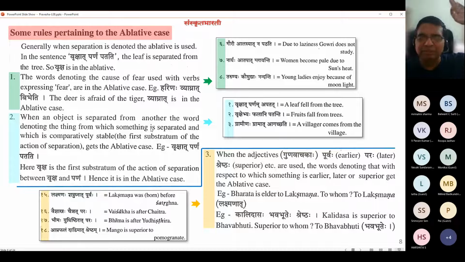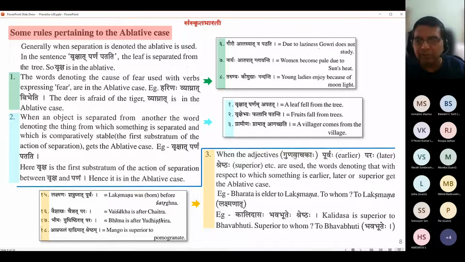And similarly for Chaturthi we would have seen 4 or 5 variations. So remember those variations. That's the important thing. And the exact words can be thrown in by yourself. So number 3 is when the adjectives, gunavachakaha, see we saw that purvaha, paraha, shreshtaha, etc. Basically for me comparative adjective is the better quality difference. Comparative adjective, because someone, this is better, inferior, etc., longer, taller, shorter. So that 'than' is important. Okay, the 'than' thing goes into panchami.